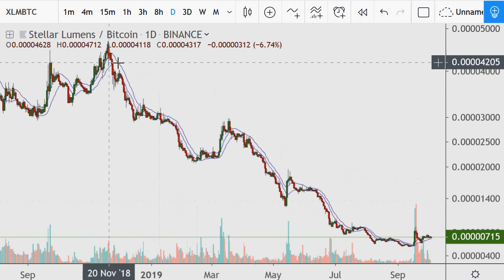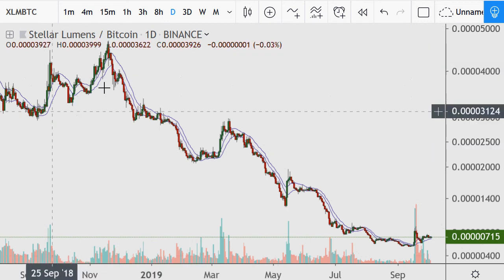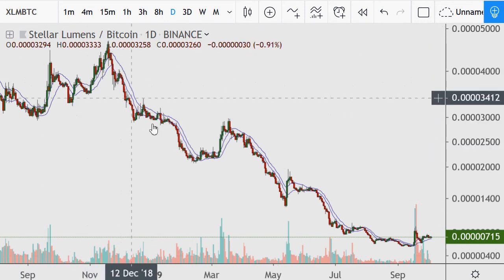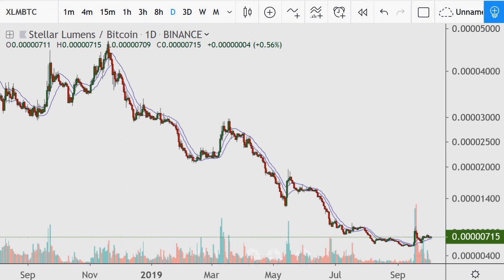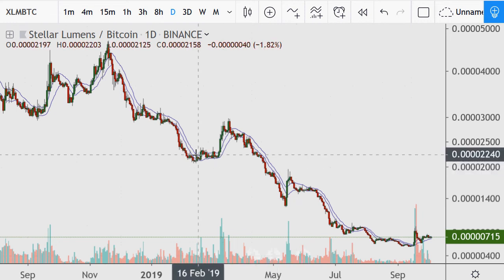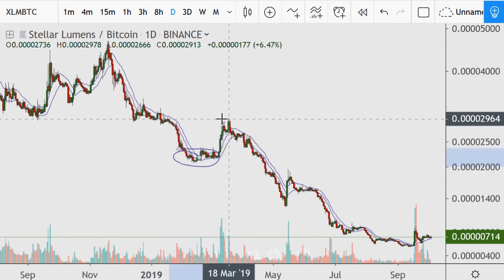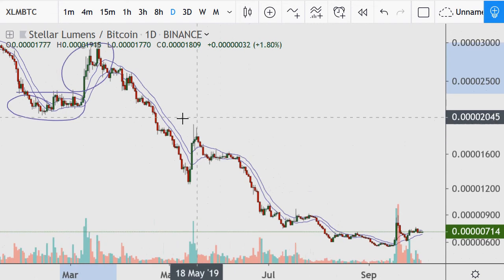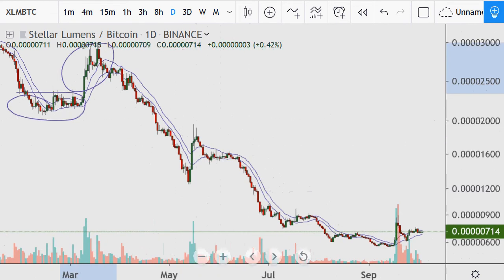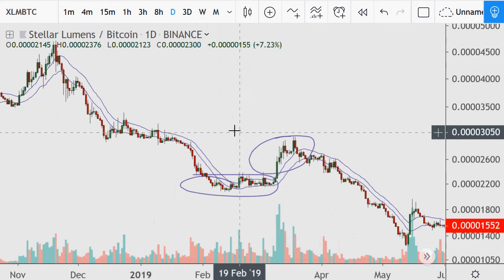Within Stellar Lumens, we can see this uptrend here broke, obviously, so it's been a downtrend. Let's look for those failed moves. Let's look for the rally attempts. Band flattening out. There's your failed rally. So where do we see weakness on the 18 lows? Because that's what I talk about all the time with these moves. That's what I need to see.